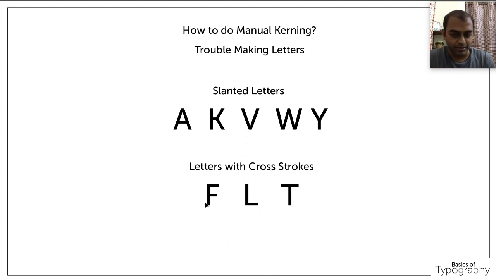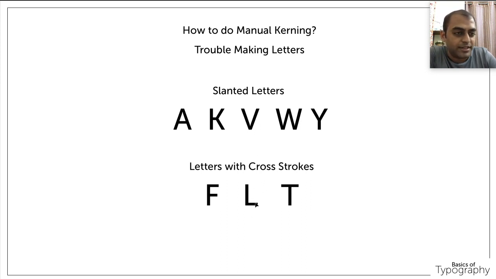If you see here, the E also looks like it has a cross stroke, but that doesn't look more odd because it looks like a properly covered rectangle. Since this stroke and this stroke seem to be the same, it doesn't seem more spacious. Same thing, L also doesn't give an issue because the bottom part has a stroke, so the kerning will be seen from the bottom part only. If V comes next to L, there will be a very big problem. Same thing for W.